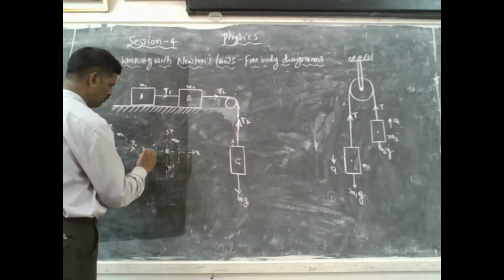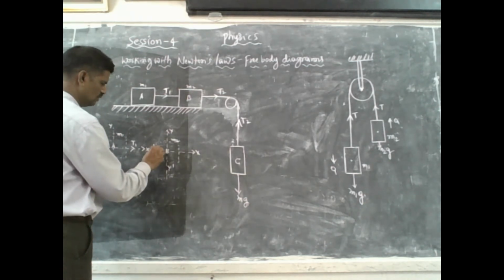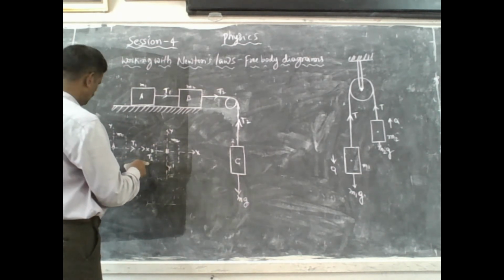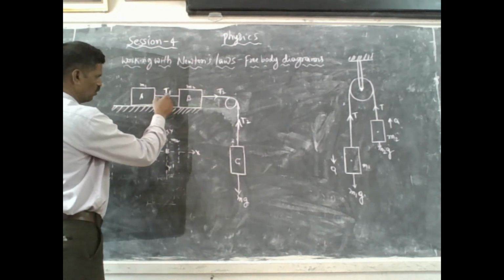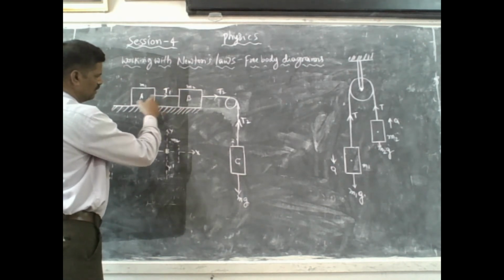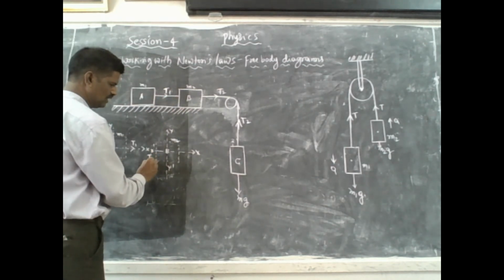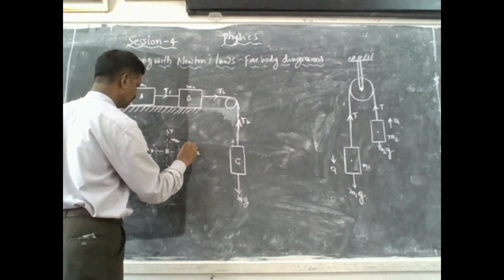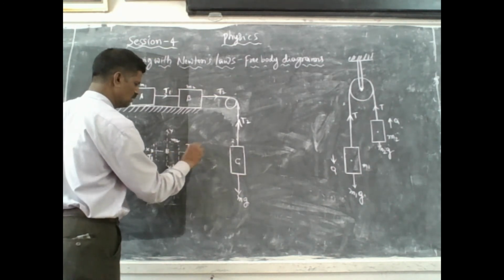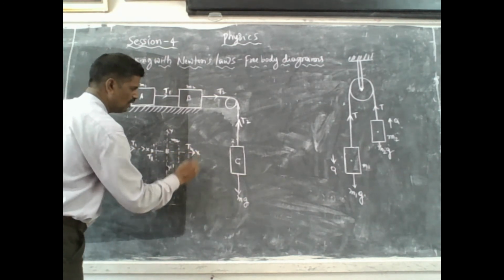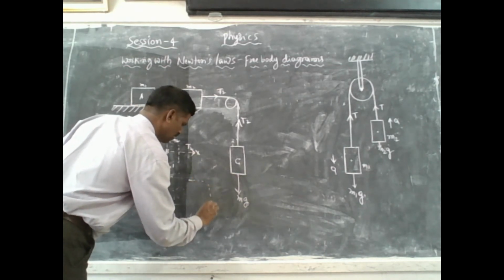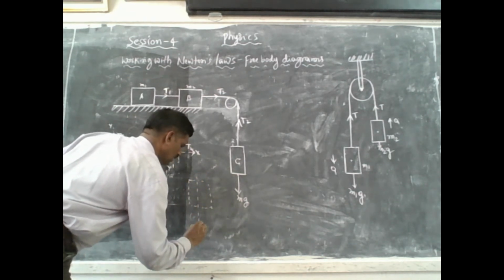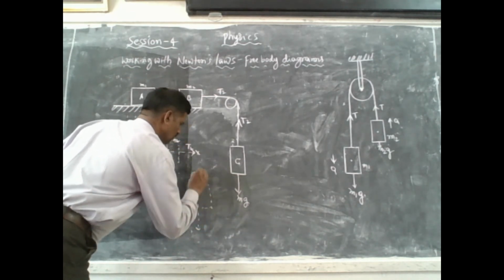T2 is the tensional force, and also tension force because it is a rope. The rope is fixed with the two bodies, therefore T2 is developed. And here also T2, sorry, here is T1, here is T2, isn't it? This is T2, and for free body diagram 3, we can show like this along the y-axis one, isn't it?